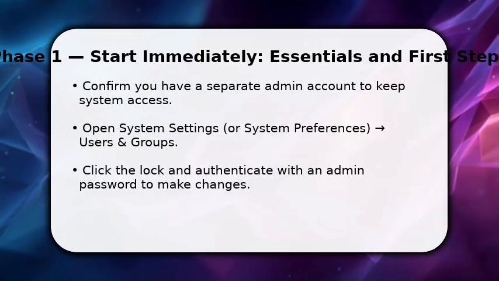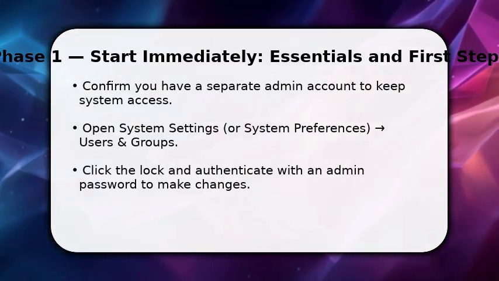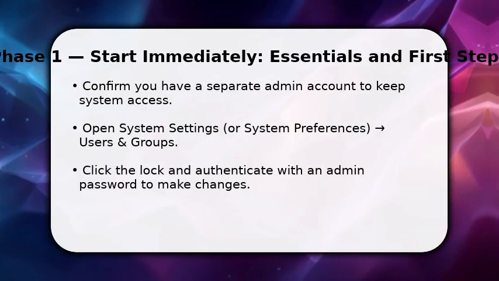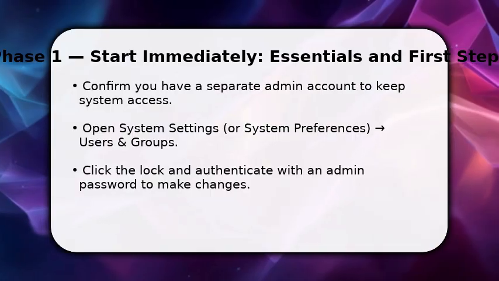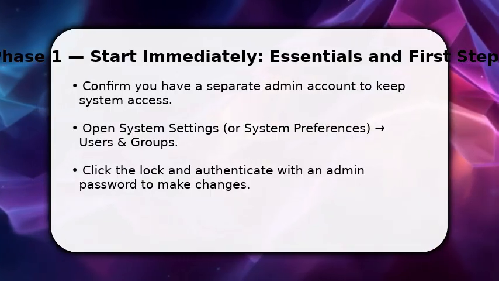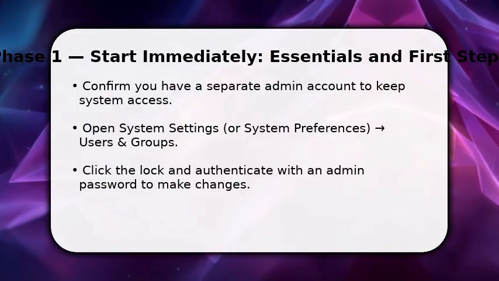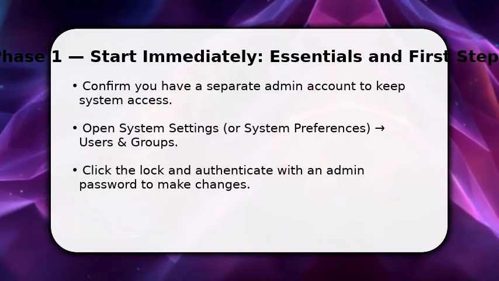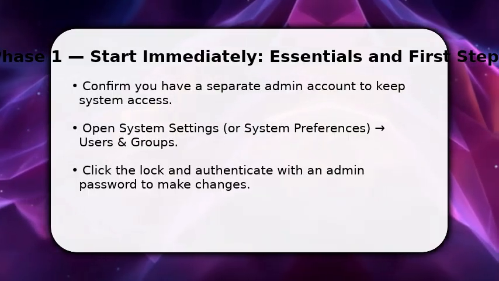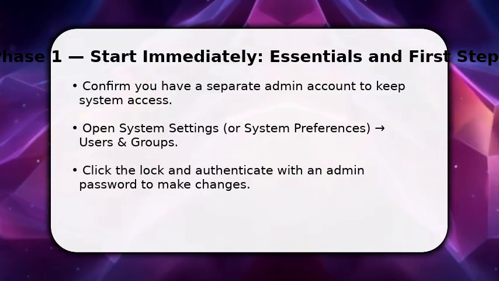You must begin with an available admin account other than the one you plan to remove. This preserves full system control. Once signed into that account, open System Settings, or System Preferences on older macOS, then go straight to Users and Groups. Make sure to click the padlock at the lower left and authenticate with your admin password. This unlocks editing. Now you're ready to select the target admin user in the list and proceed to removal options